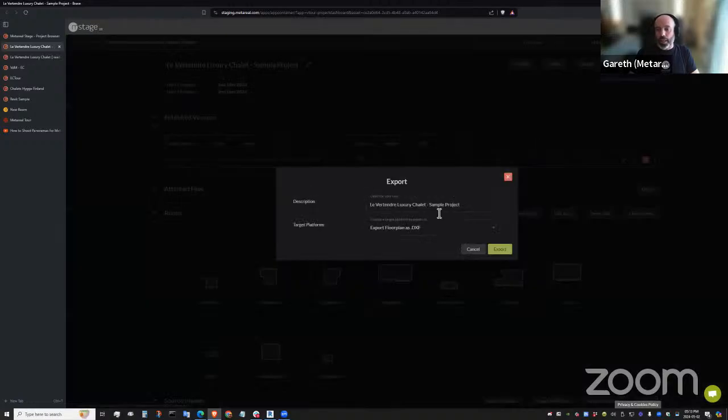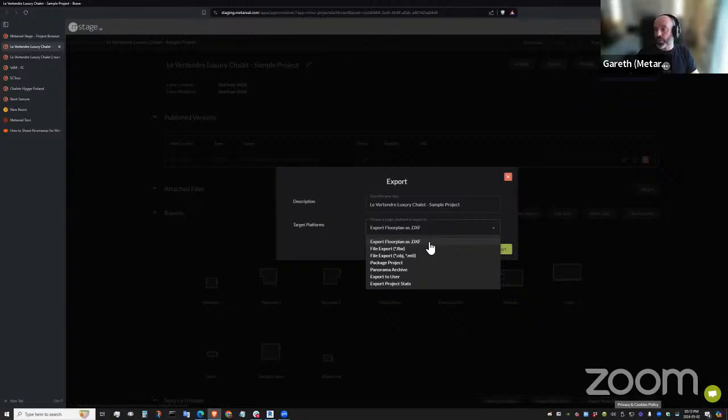We also have the ability to export various data. So we can export the floor plan as a vector DXF file, which is very suitable for importing into AutoCAD, that kind of thing. We've got a couple of 3D file formats, FBX and OBJ, which are great for exporting again into architectural platforms, into game engines like Unreal or Unity.